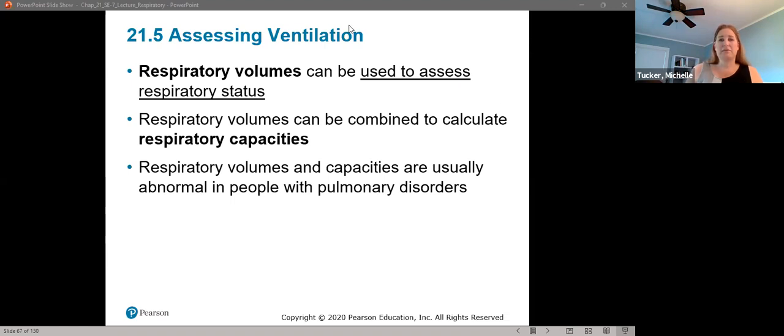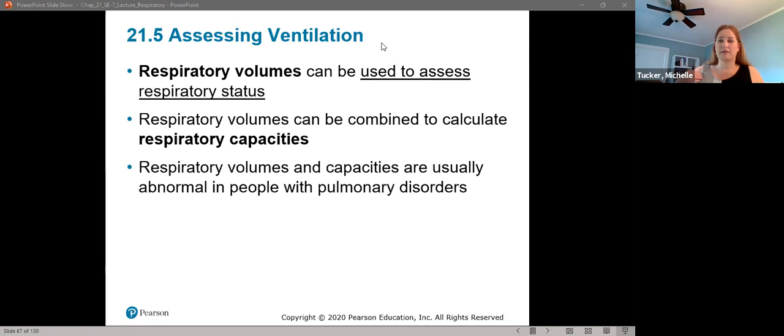So today we're going to look at assessing ventilation, and then we'll move on to gas diffusion, and we will end with transport of oxygen and carbon dioxide and kind of how it relates to gas diffusion. We'll save disease processes for Monday. So where we left off